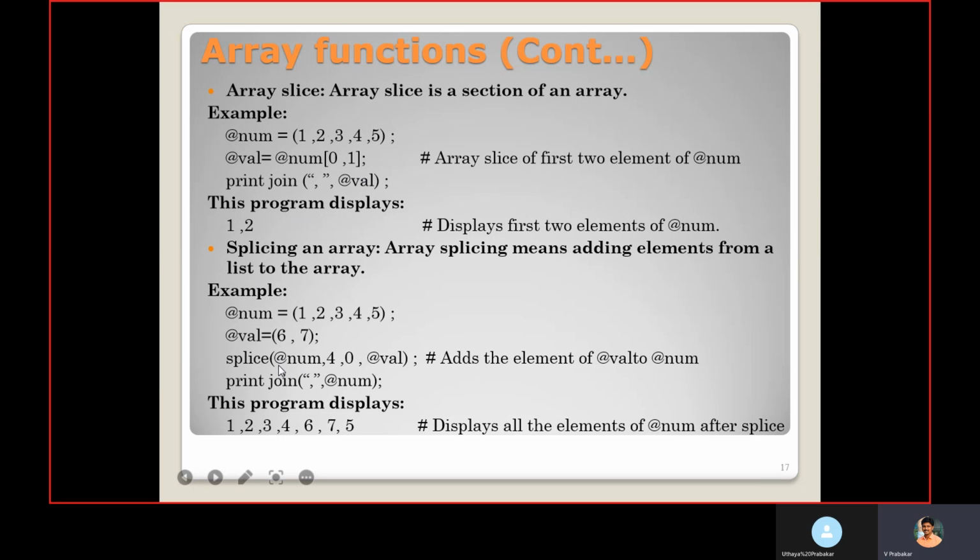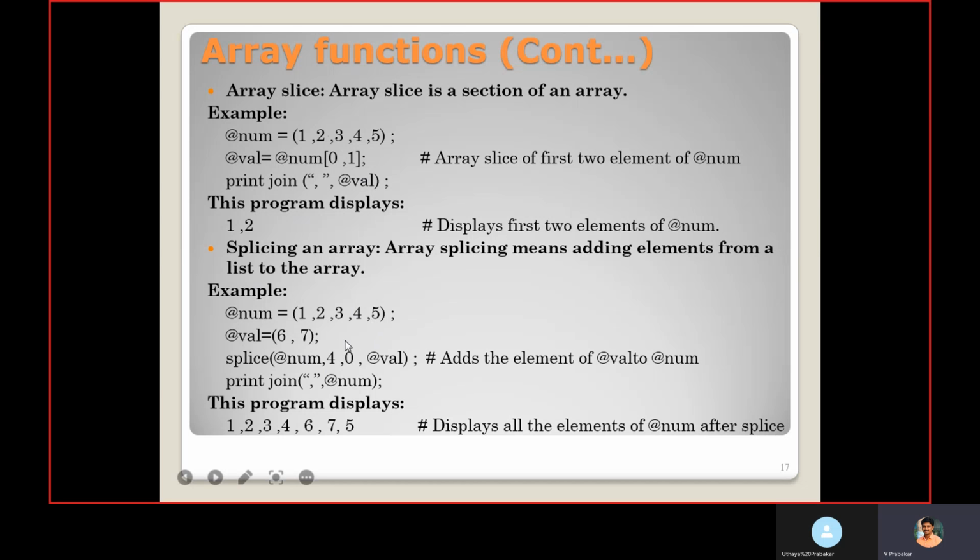So in this array @num, 4 is the index at which we are going to insert the given array. Indexes 0, 1, 2, 3, 4.